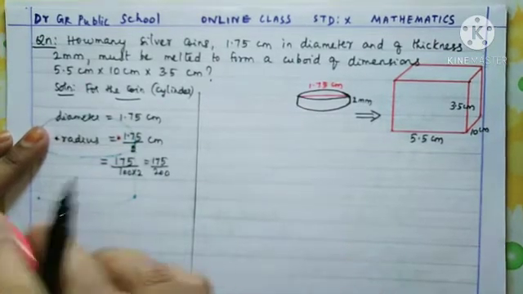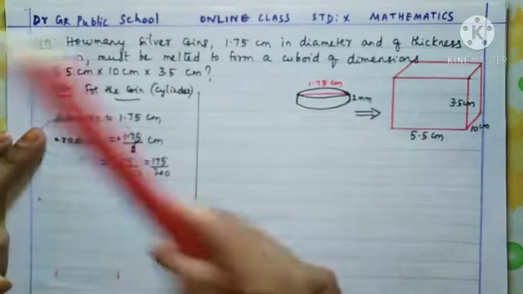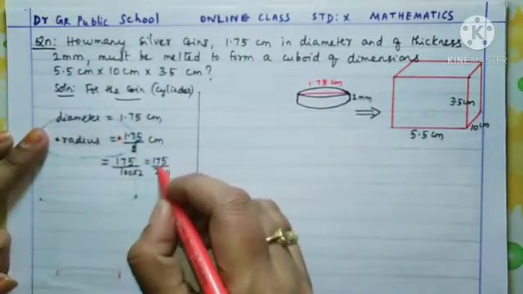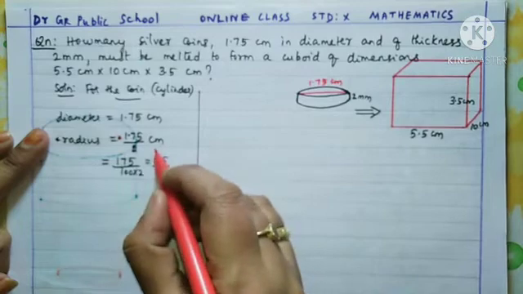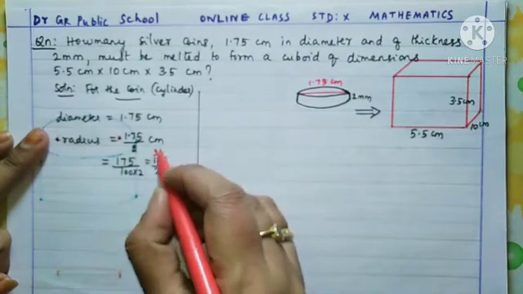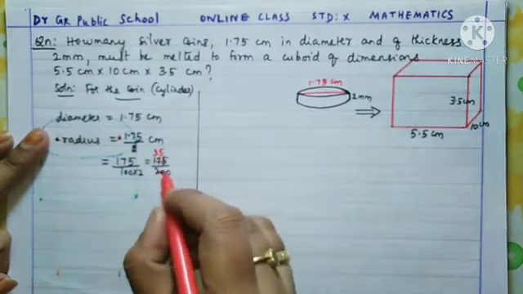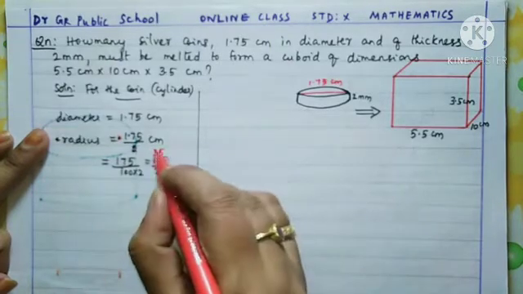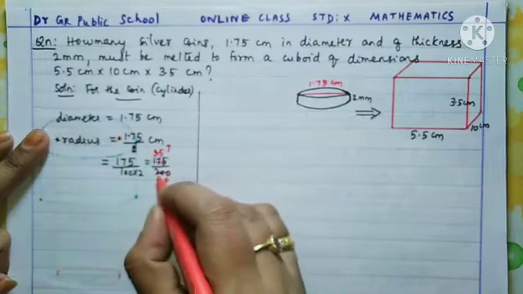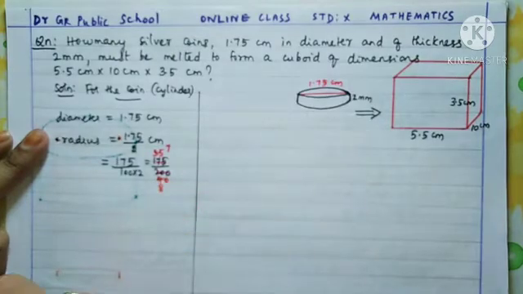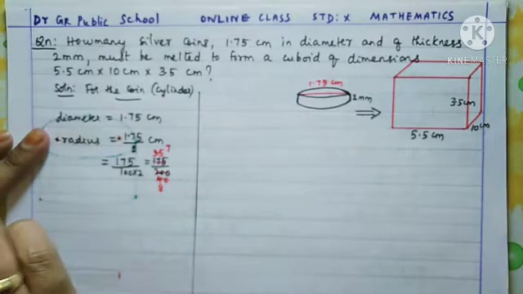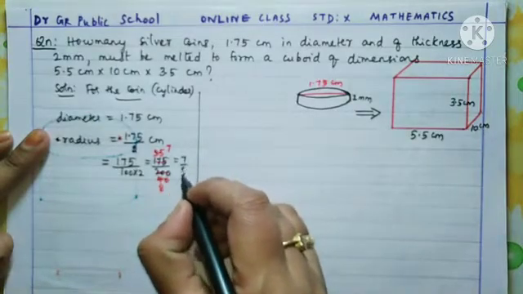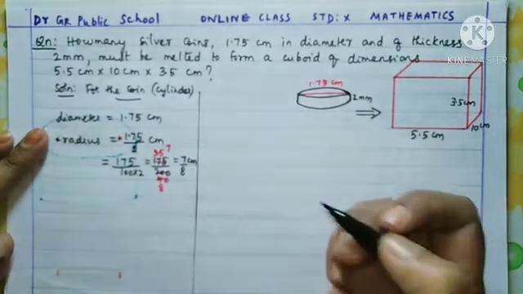Now if you can reduce at this stage, you can reduce, no problem. So that 5 table we can reduce. 3 5s are 15, 5 5s are 25. Here 4 5s are 20, 0. Again you can reduce by 5. 7 5s are 35, 8 5s are 40. Okay, so what is the final answer you got? 7 by 8 centimeters. Clear, children?